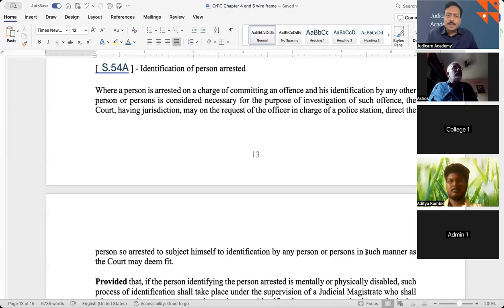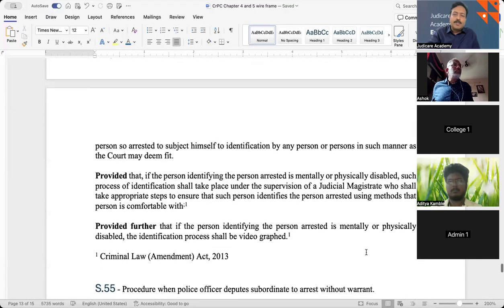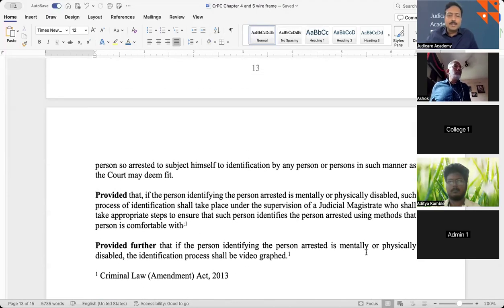Where a person is arrested on a charge of committing an offense and his identification by any other person or persons is considered necessary for the purpose of investigation of such offense, the court having jurisdiction may, on request of the officer in charge of the police station, direct the person so arrested to subject himself to identification by any person or persons in such a manner as the court may deem fit, provided that if the person identifying